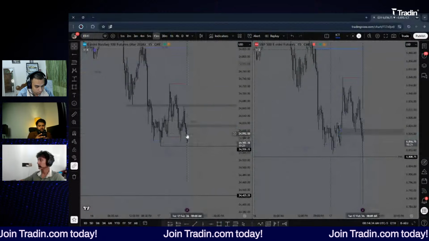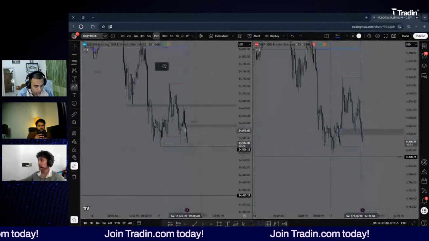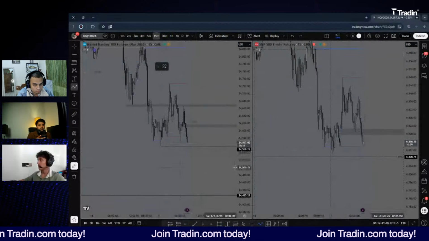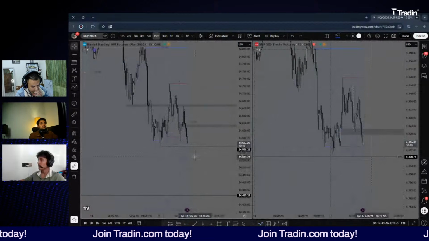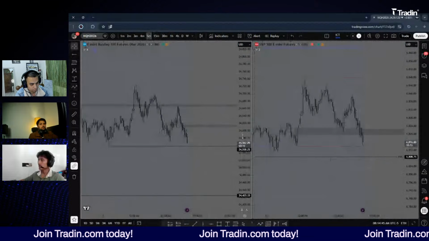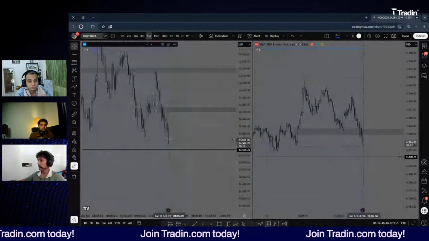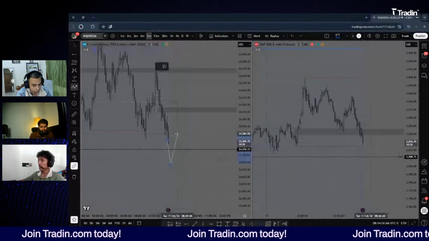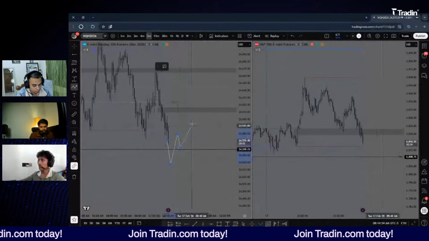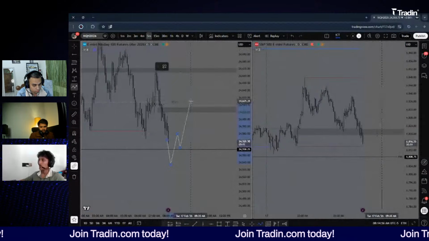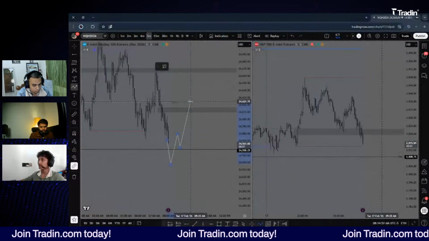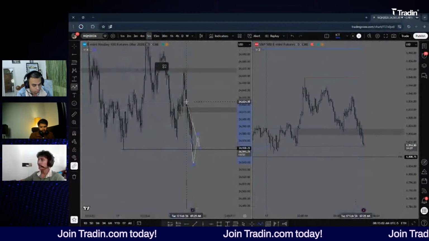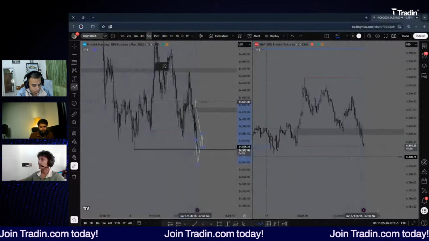So if we sweep these lows, but this is of course after market open, but I think we are going to sweep them before market open. If we sweep them before market open, then I will wait for a reversal on the 5 minute and then a tap into a 5 minute fair value gap for continuation higher to the midnight, because I've seen it in the RTH trading hours. The midnight opening price for the Nasdaq is just super powerful.